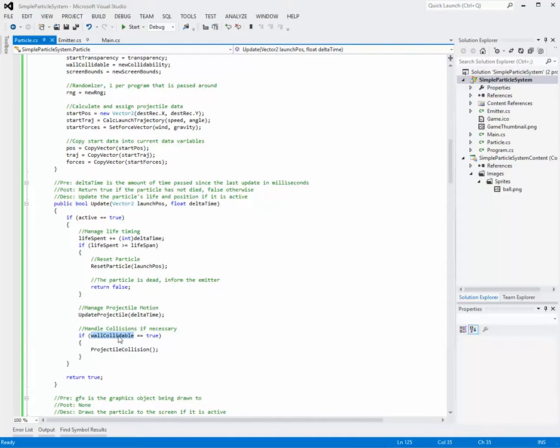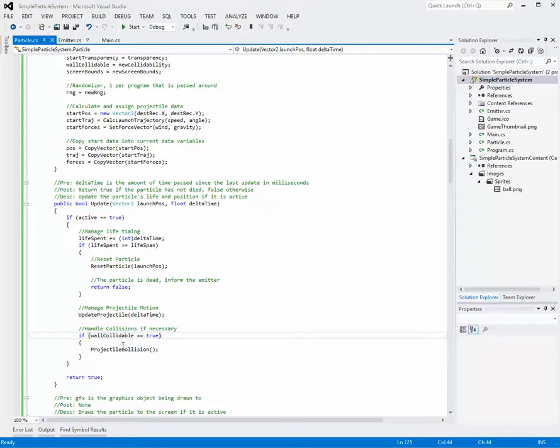In this case, all we're doing collision detection potentially is with walls. So if it hits the left wall or the right wall, it's just going to reverse the X trajectory. If it hits the top wall, it's going to reverse the Y trajectory. If it hits the bottom wall, it's also going to reverse the Y trajectory, making it bounce up. But I've actually added a little bit of extra here that reduces its